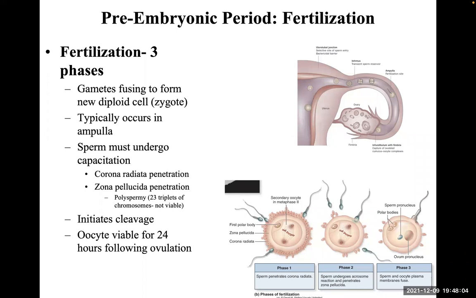When those sperm get there, they snake their way through the corona radiata, and they encounter the zona pellucida, which again is that layer outside of the secondary oocyte, which is kind of gel-like in consistency. And that layer, the zona pellucida, has a lot of receptors that the sperm can then dock onto. They bind to those receptors, and there is a reaction that takes place by which the acrosome cap falls apart. Those digestive enzymes chew through the zona pellucida, and the first sperm that is able to